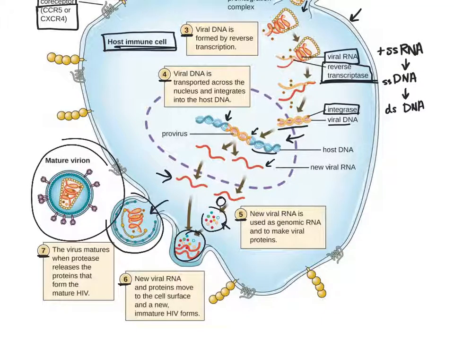Again, the reason that this is so dangerous is because this cell, this host immune system cell, is floating around the body all the time, just living its life as an immune system cell. It's going through, it's transcribing, translating, doing what an immune system cell does. However, as it's doing that, it is constantly making new copies of virus, constantly releasing those copies of virus that are then constantly infecting new cells that are then creating proviruses that we can't get rid of. Then that's creating more proviruses, but then as this immune system cell is reaching the end of its life,